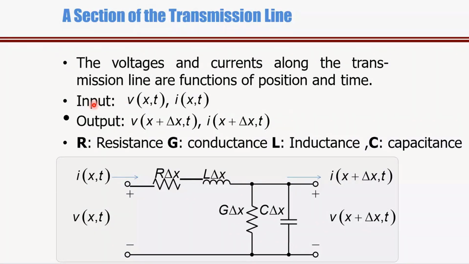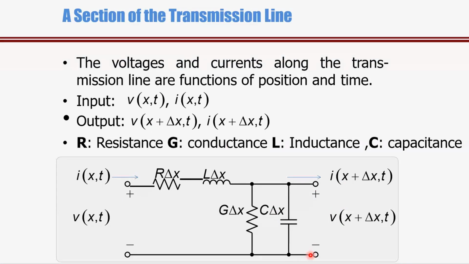Okay, so let us represent this voltage and current in terms of position and time variables, right? So I have represented V, that is voltage at the sending side, in terms of x comma t. So it is a function of distance x as well as a function of time t. So V is represented by V in bracket x comma t. Also I is represented by I in bracket x comma t, where I is the current that is given by the source V. But at the output side we have just considered only delta x length.